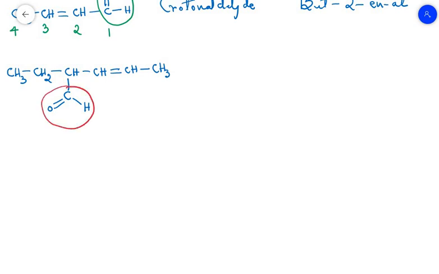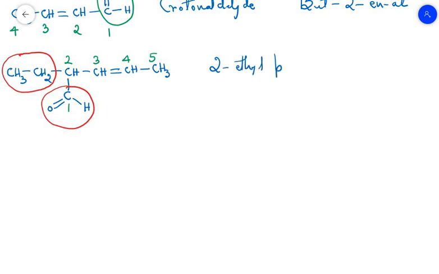so therefore numbering starts from this carbon. So this is the first carbon, this is the second carbon. Now it is very important for us to move towards the right side, because on moving right side we are having more number of carbon atoms, and that becomes the longest carbon chain, including the secondary functional group. Third carbon, fourth carbon, and fifth carbon, and on the second carbon we are having a substituent, and that substituent is nothing but called as ethyl. So therefore the IUPAC name of this compound is